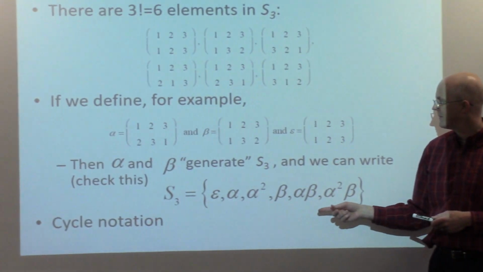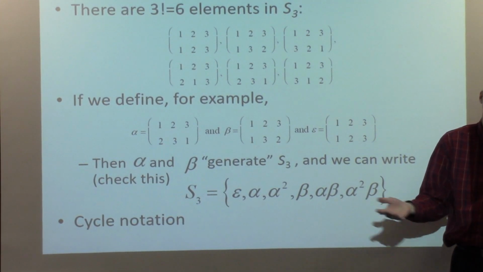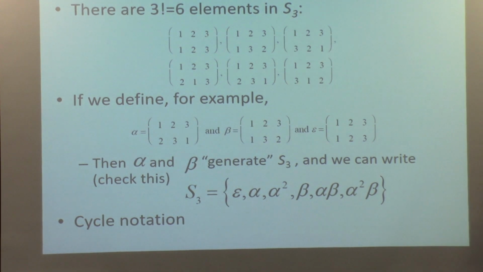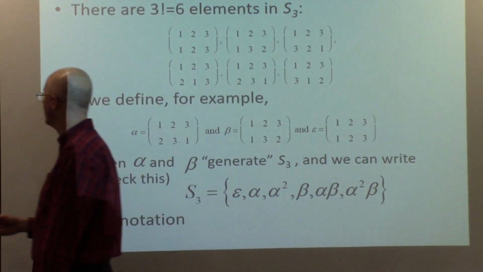Again, these are not linear combinations because we're using multiplicative notation. You could call them maybe multiplicative combinations. I'm not sure the best terminology to use there. It's analogous to spanning a space, so to speak. Alpha and beta, you can think of as spanning S3. You could write with the notation we saw a week ago or so,